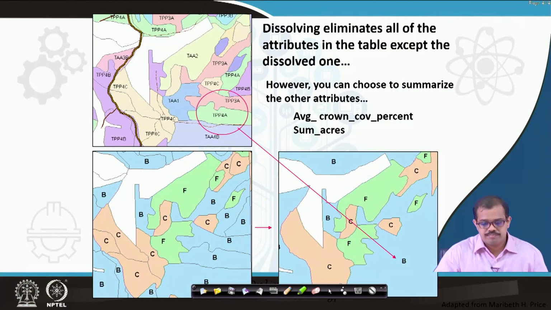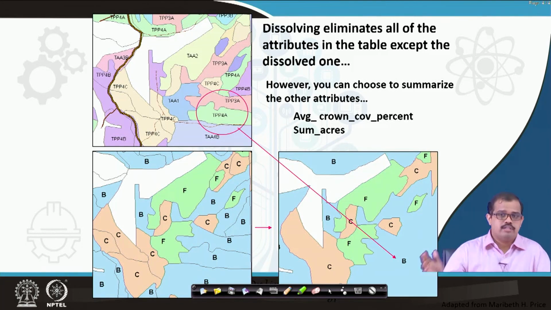Dissolving eliminates all the attributes in the table except the dissolved one. Please keep this in mind. This is where you lose the data. If you give exclusive access to the user, and he or she uses dissolve and saves that data, all your data is gone. So look at where he or she saves.